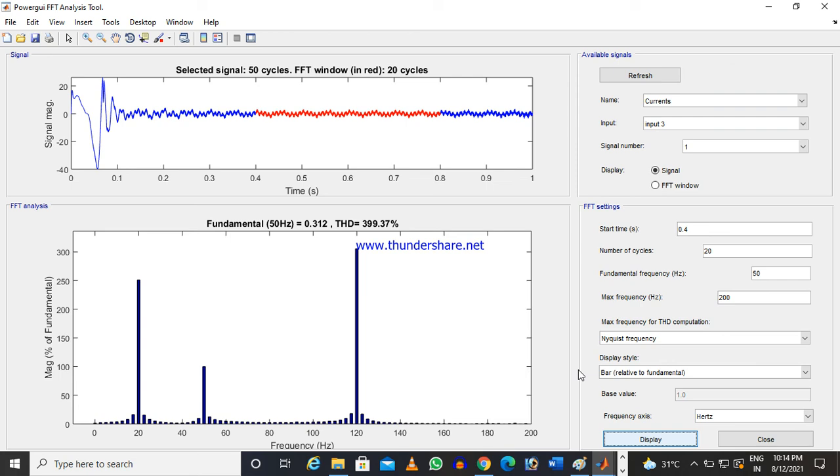See, if I do the FFT, I am getting a dominant peak at 50 Hertz, and there are peaks at 20 Hertz and 120 Hertz.